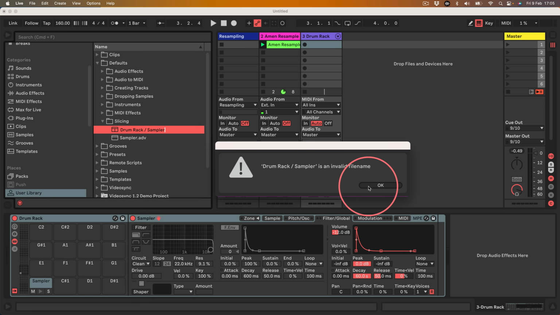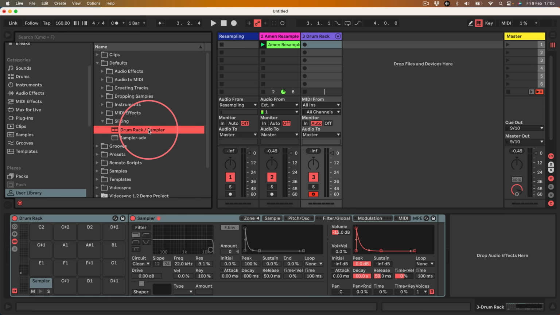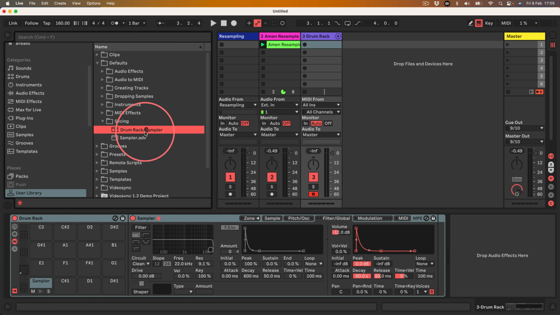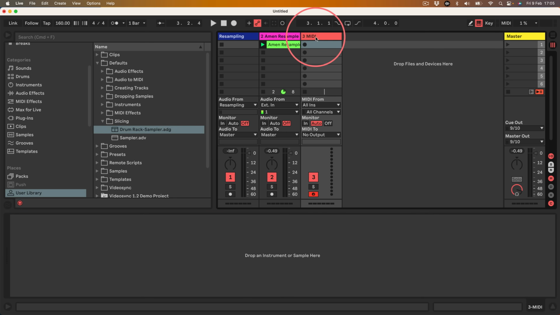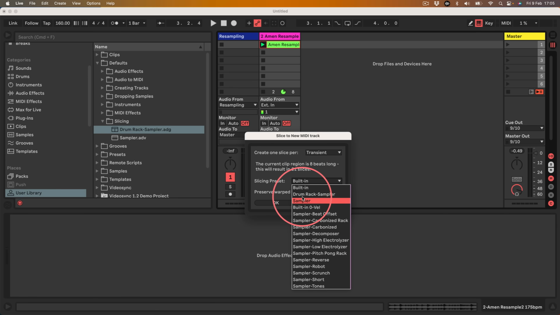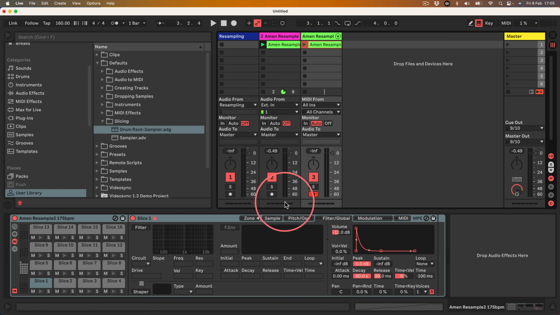Oh, that's an invalid name. Probably the slash there was a foolish idea. Let's try it now. Oh, okay. Let's try drum rack dash sampler. Okay, that's much better. Now I can delete that, trash this, and then when I right-click this and go slice to new MIDI track, I can go drum rack dash sampler, hit OK, and now it's sliced it,